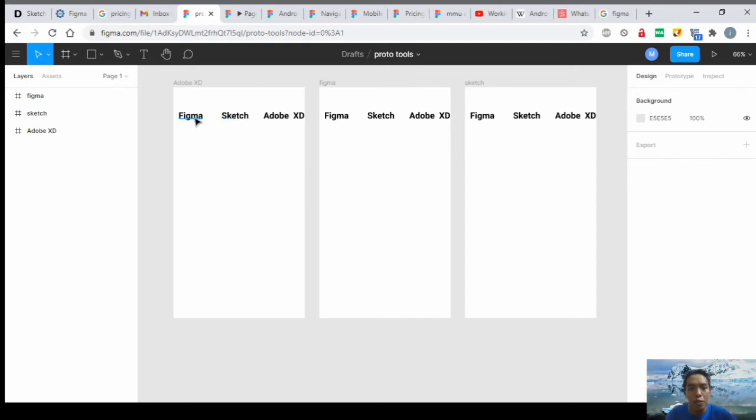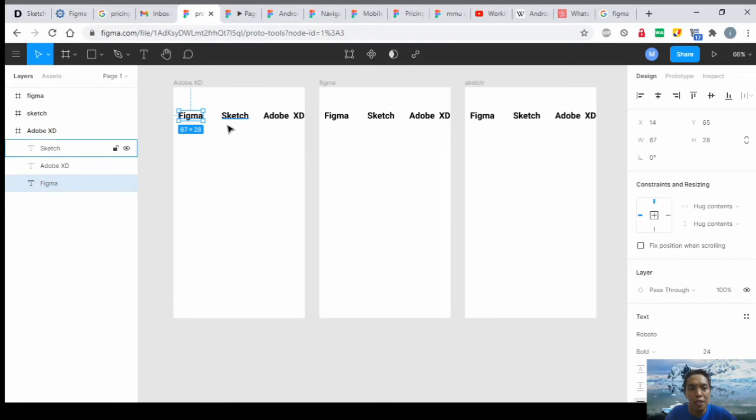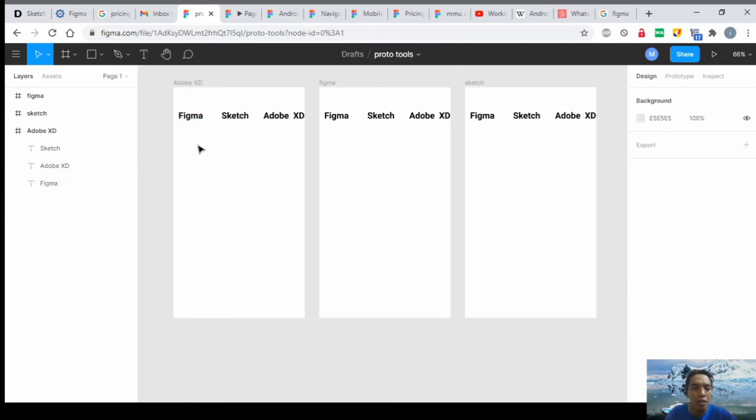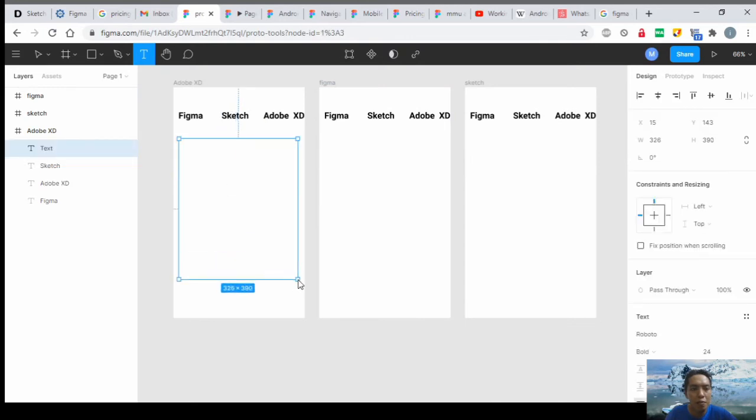We are going to link the text to the content. Okay, so what is the content? You can put the description here. Let's say this is the content for Figma. Okay, you can put a description here. What is my advantages? Okay, you can paste it in